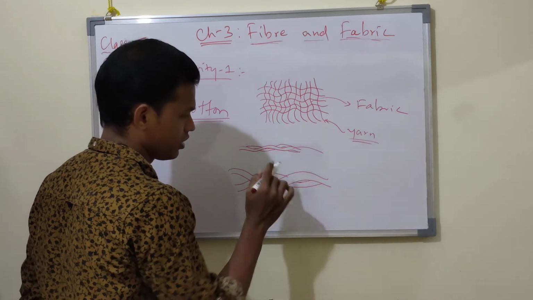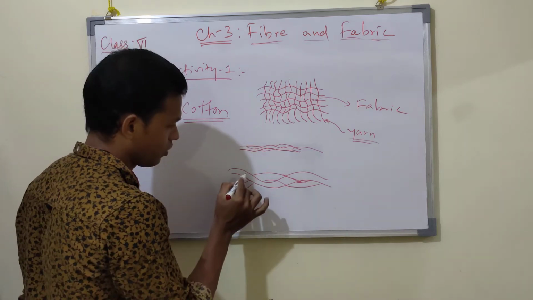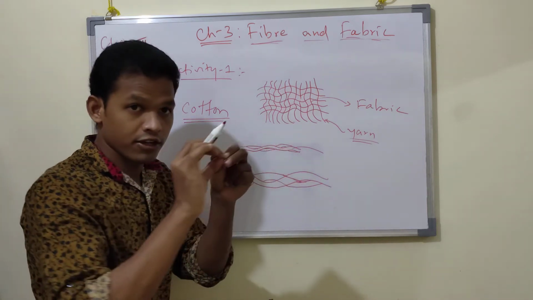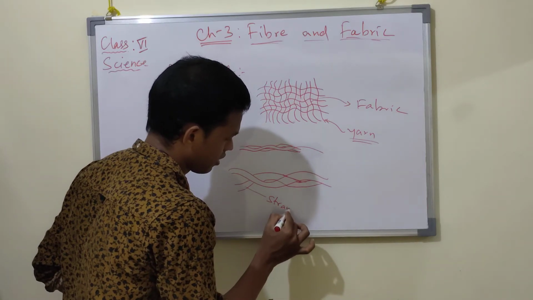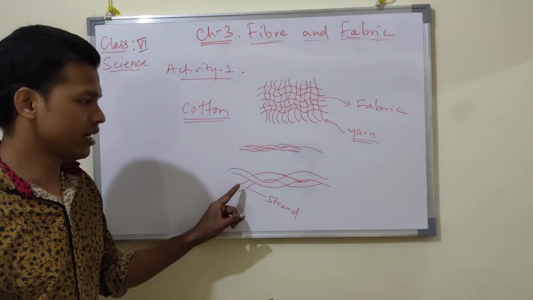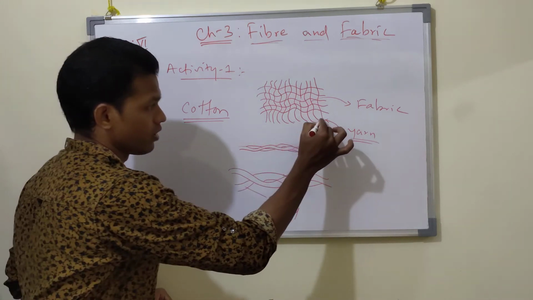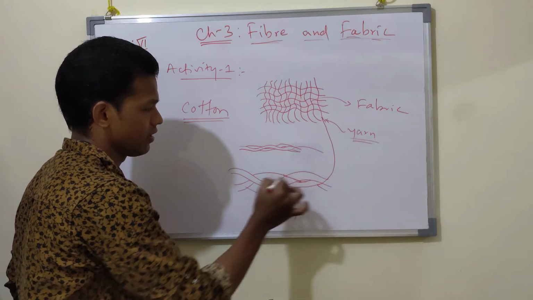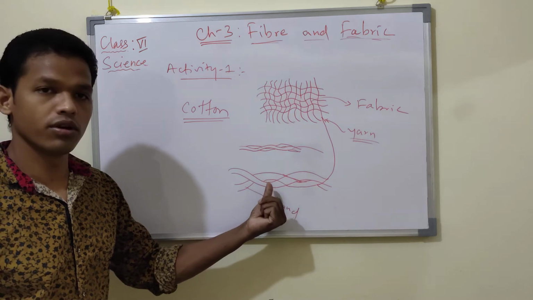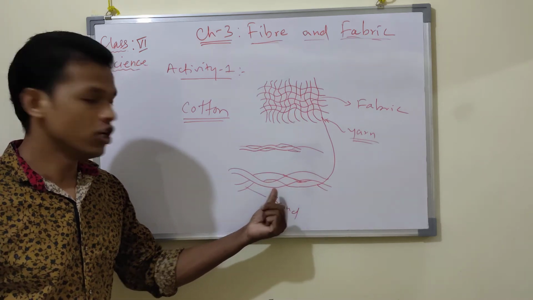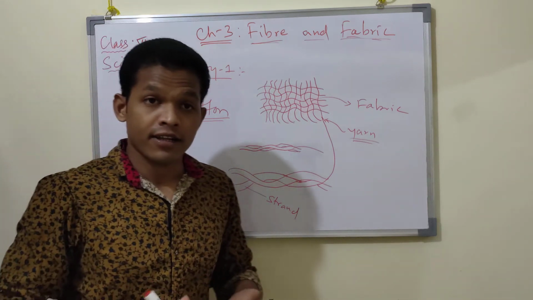So this is called what? If you remove further that yarn, what will you find? You will find this is called a strand. This strand, you will find a strand closely. This yarn only. If you closely observe in a bigger view, it will appear like this. So if you remove the strand, you will find, while threading the needle,